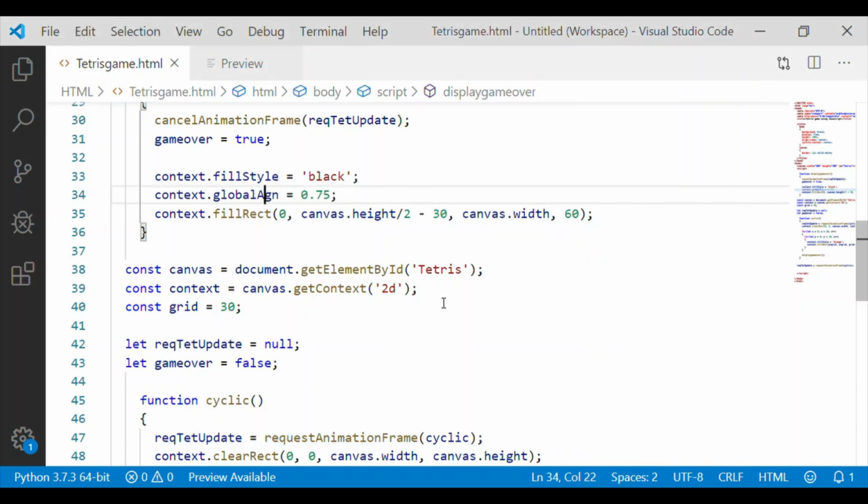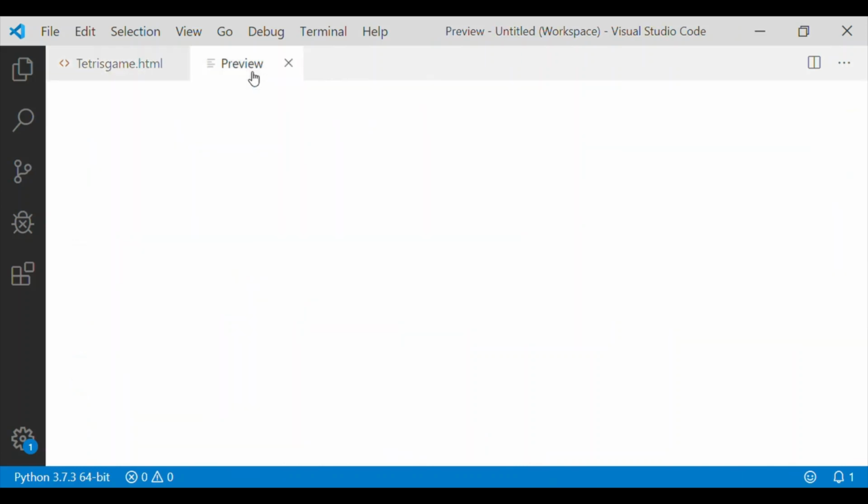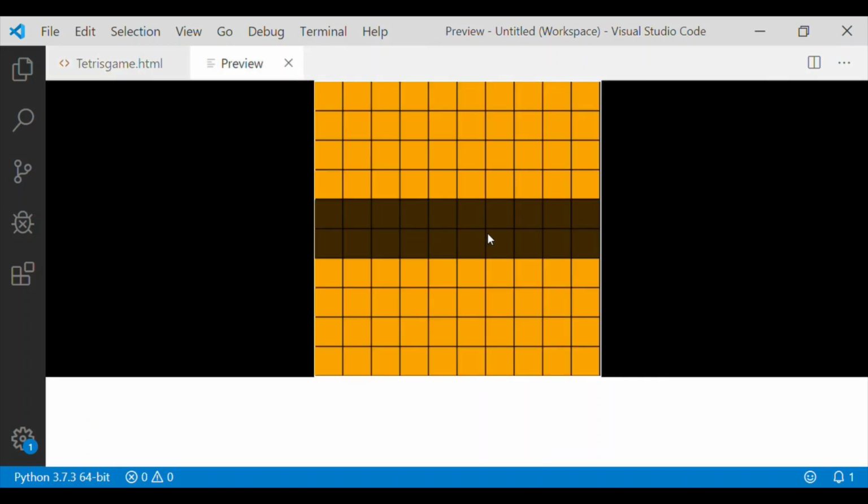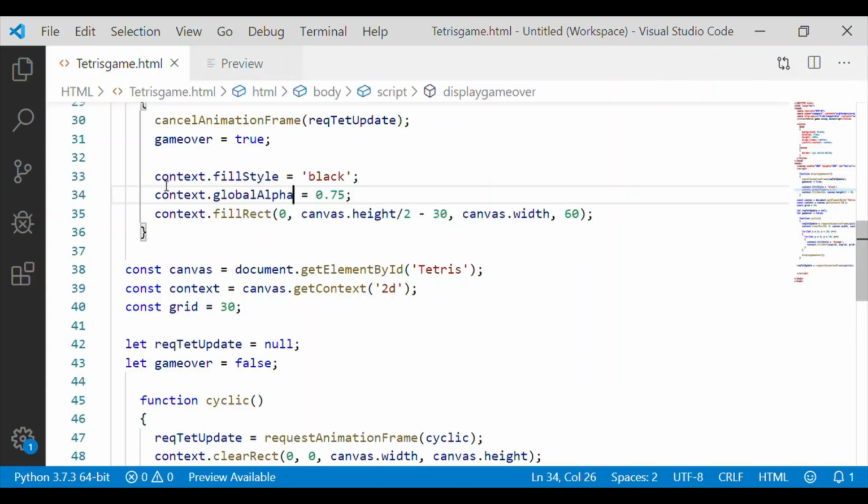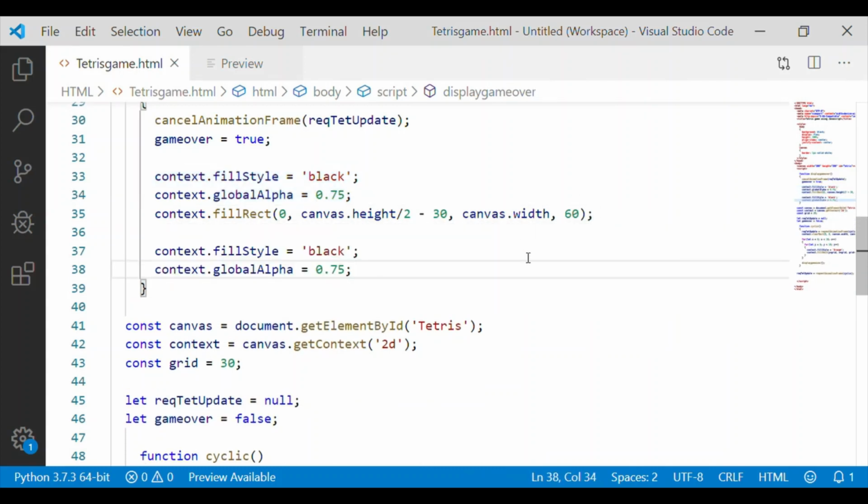Okay, it is not global align, it has to be global alpha. Yes, now it is fine. We got a transparent color.